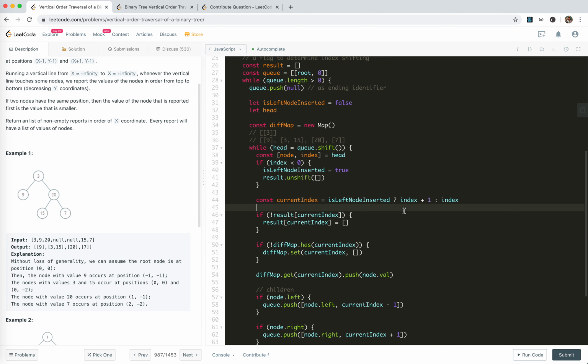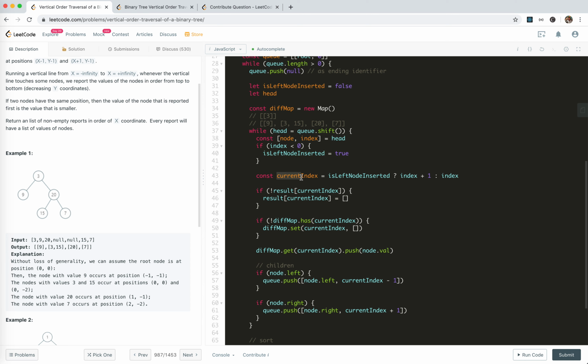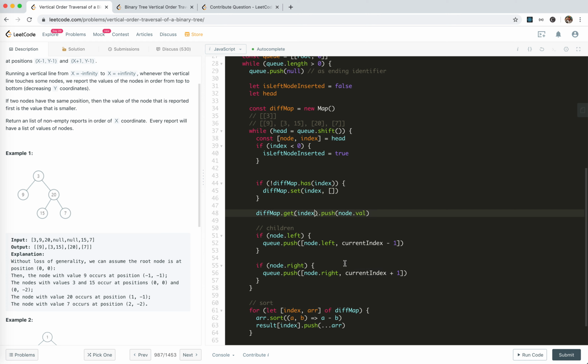So I think you now understand the problem. We should not update the flag and the shift and set the current index here. Rather, what we do, I'll keep the flag here, but I will not shift it now. I will wait for the whole layer to be traversed, and I will not update the index or the result right now. And still, for the diff map, I only care about the real index, the original index. You set it, and then get it, and then